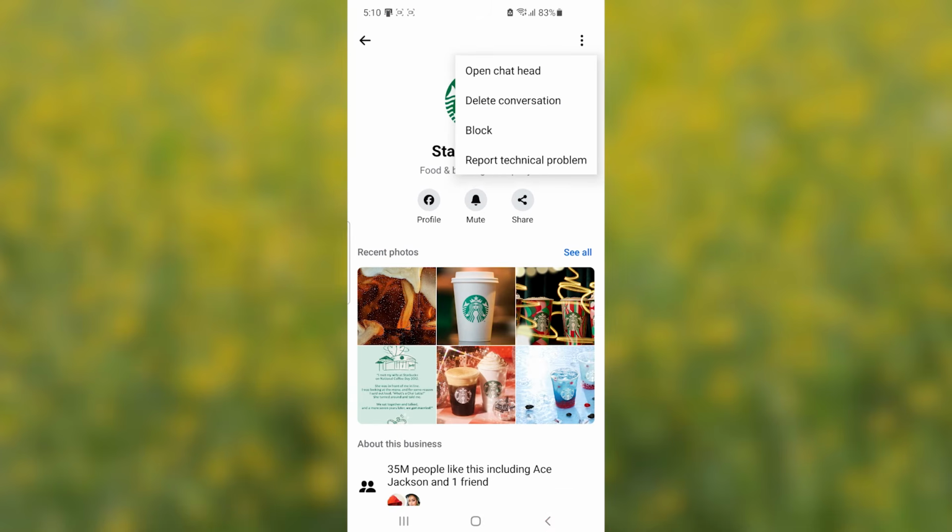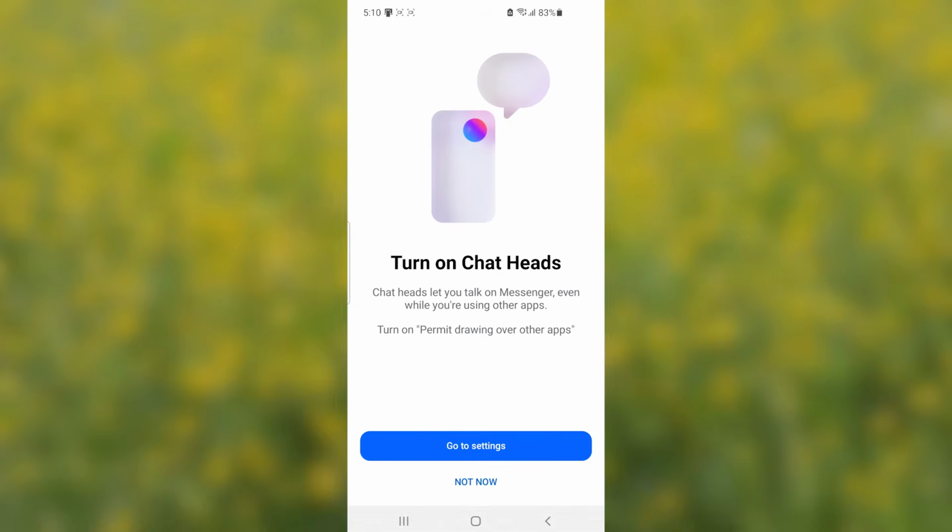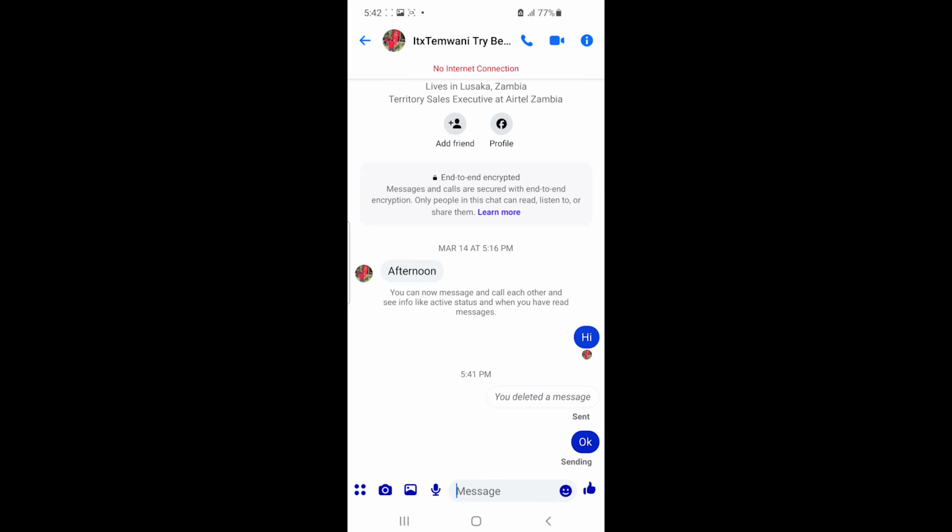Now to enable it, select here on the three dots here on your chat, select open chat heads, and you can go to settings to allow chat heads. Now, if you've done so, but are still facing the same issue, also make sure your internet connection is working fine. If you do have internet connection, maybe it is stuck, as you can see here, it says sending, but